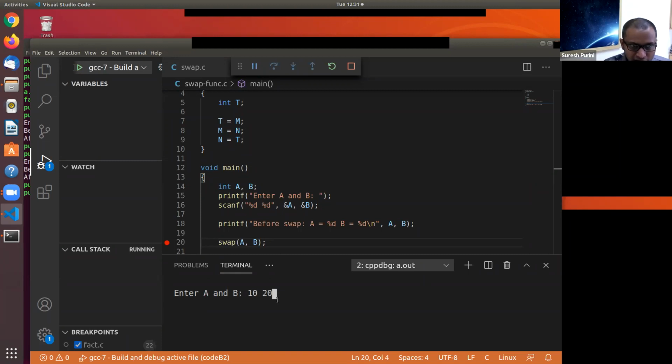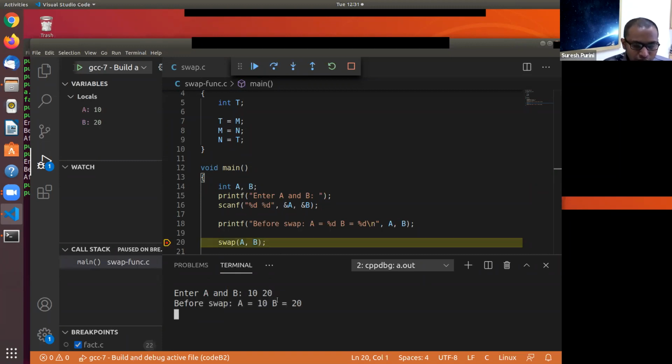So now there is a breakpoint on line number 20. The program halted execution on line number 20. And if you check, the call stack contains the activation record associated with the function main. And it has two local variables, A and B. The value of the local variable A is 10 and the value of the local variable B is 20. Again, the next checkpoint, are you all with me here? I hope you're all with me till there.